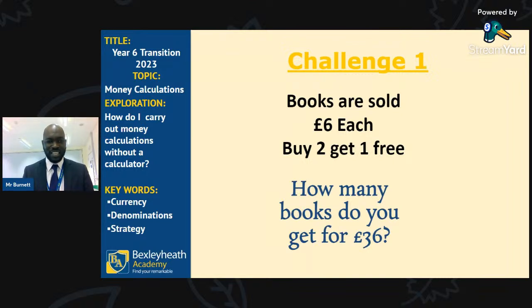And the answer in the chat is, again, £12. So therefore, if I'm going to spend a total of £36, how many books would I get? So there's always a pathway through a question, not only one pathway. There are always more than one ways of doing a question. So this is just one pathway I'm sharing here with you.